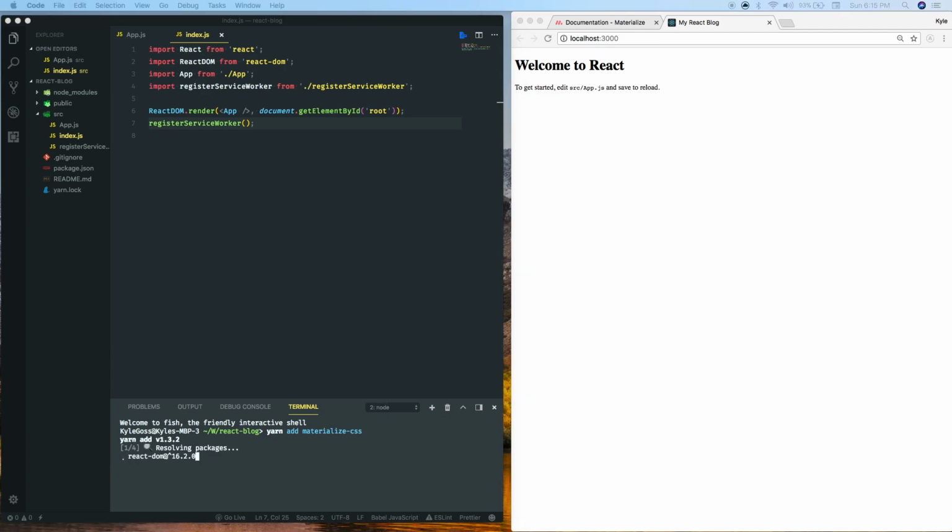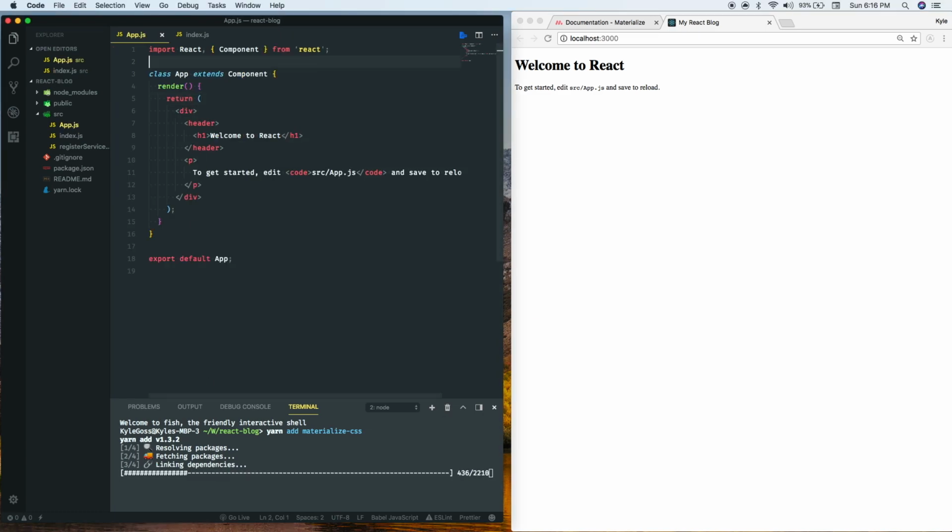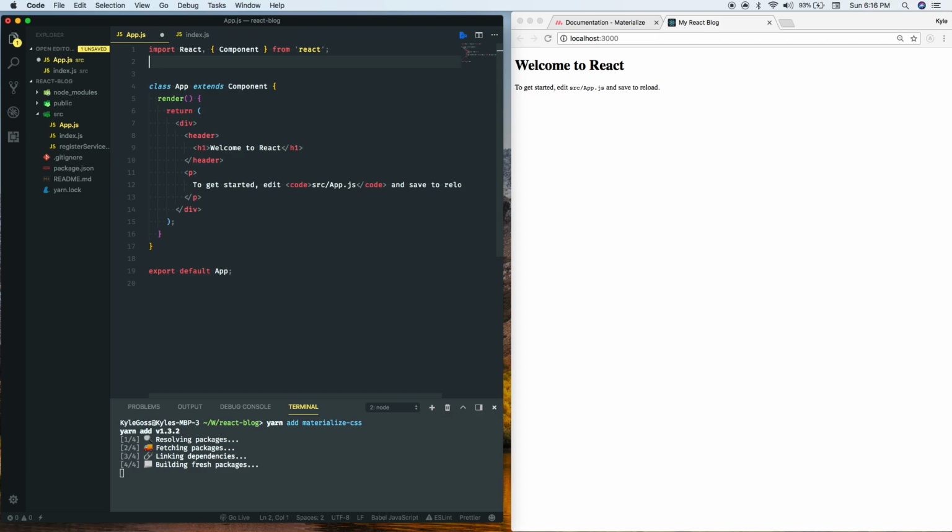We're going to let that download. Again, I'm going to fast forward this. It should be much faster for you on your end. While this is finishing up, I'm going to import it at the top of the app.js, because I want Materialise to cover everything that's within my app itself. So I'm going to do import